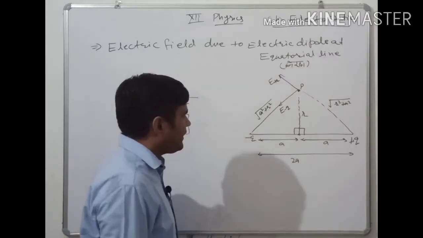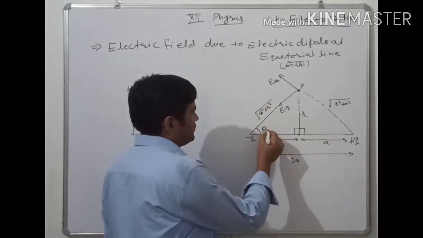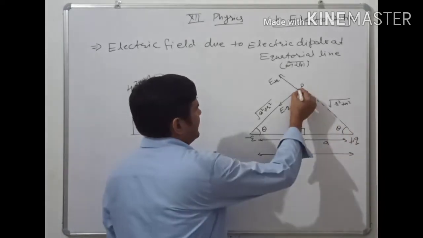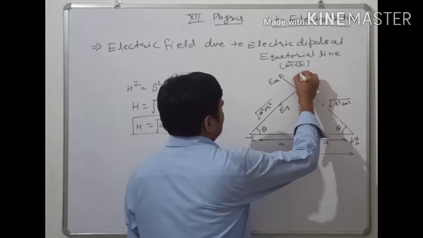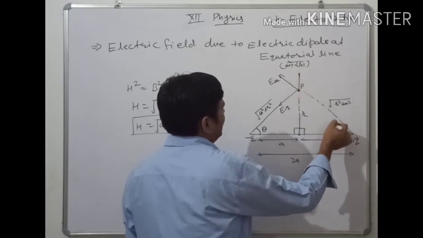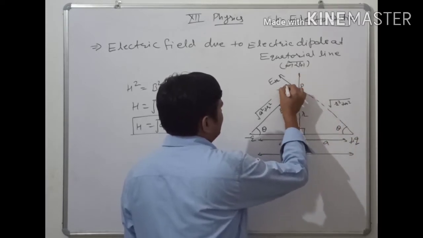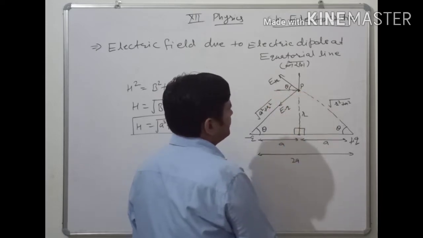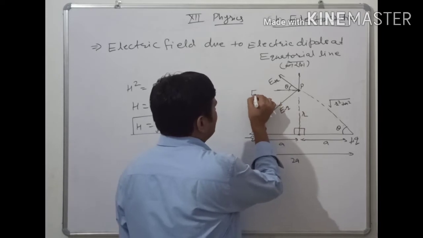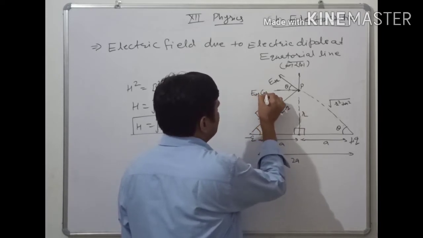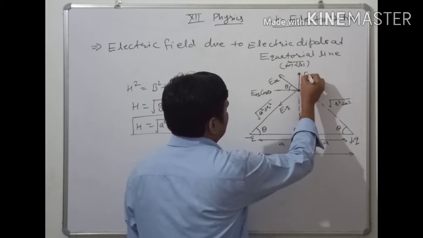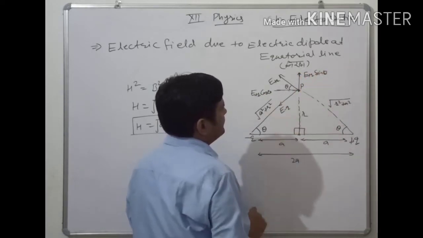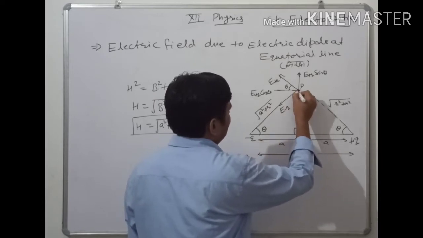Clear? If we consider this angle equal to theta, and similarly this angle is also theta, now we conclude the formulations. These are the components. ये एंगल आपके पास थीटा है, तो ये एंगल भी कितना होगा? थीटा. Now we divide into components. तो ये वाला कंपोनेंट तो कितना होगा? It is E plus q cos theta, and it is E plus q sin theta. Similarly, due to this minus q charge, formulations क्या बनेंगे आपके पास?